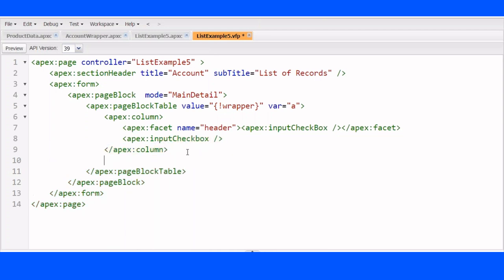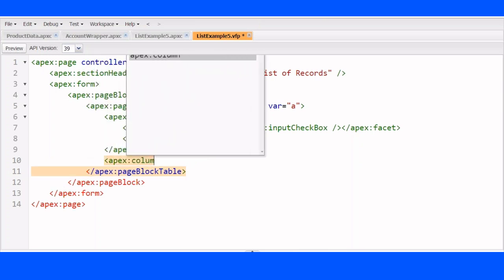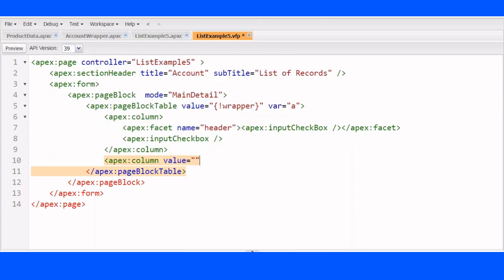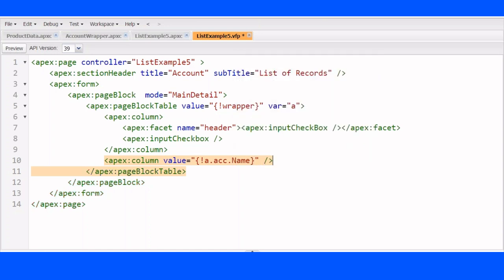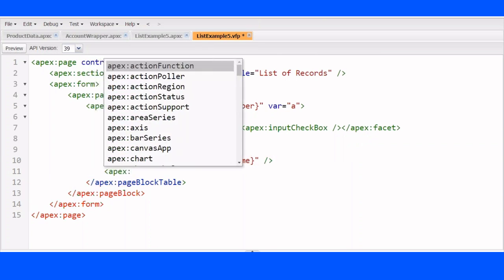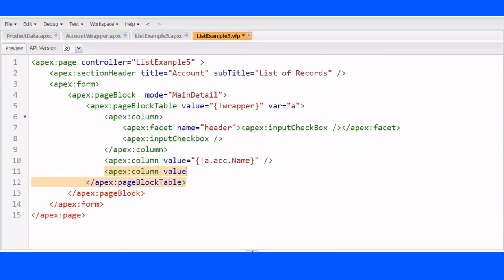Next one, apex column, value equal to. How do you refer? A dot, account wrapper dot, ACC dot. A is what? Account wrapper. In the account wrapper, we have ACC, which is an account record. Account wrapper, account record, name. Column, value equal to A dot, ACC dot,